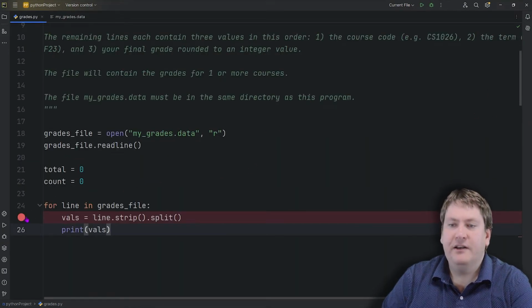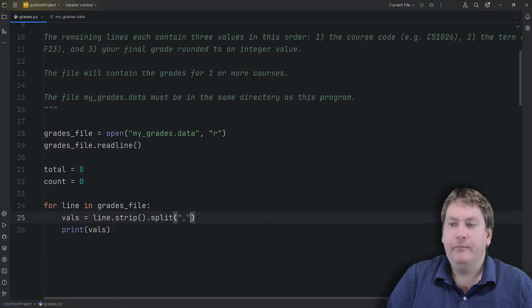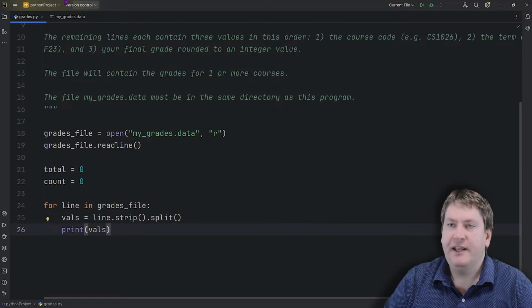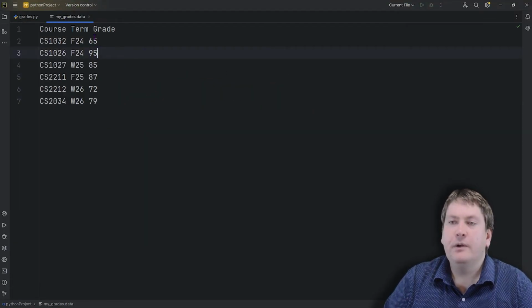You just have to split on different characters. If this was comma separated, we would put a comma delimiter here. If it was tab, we could put a tab here, and so on. In this case, it's just a space, so we can leave it as the default. So now that we have each of these data elements, we want to actually add these